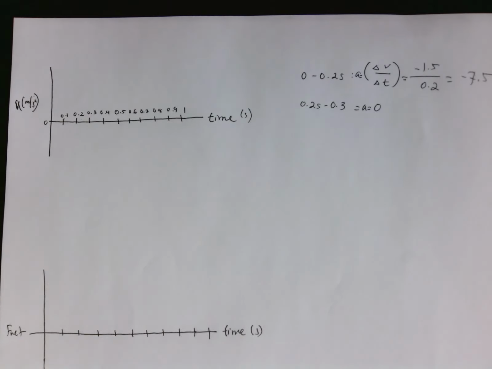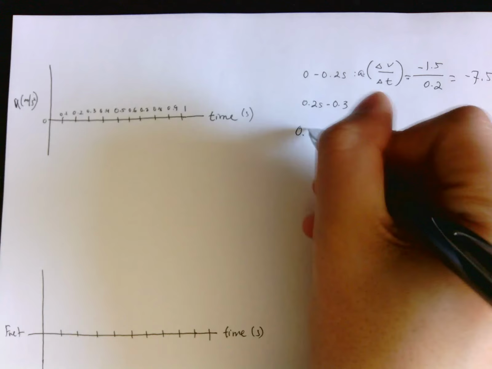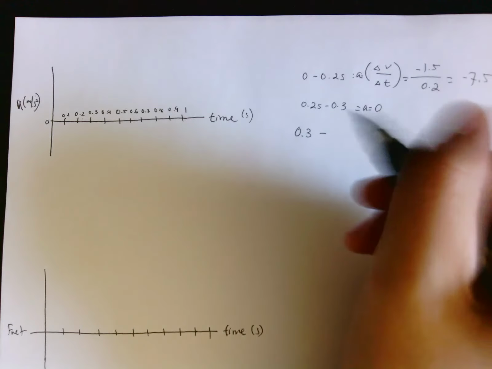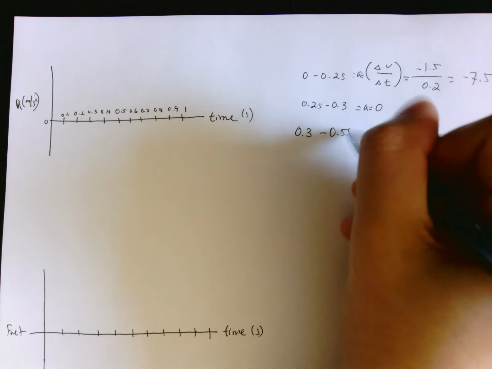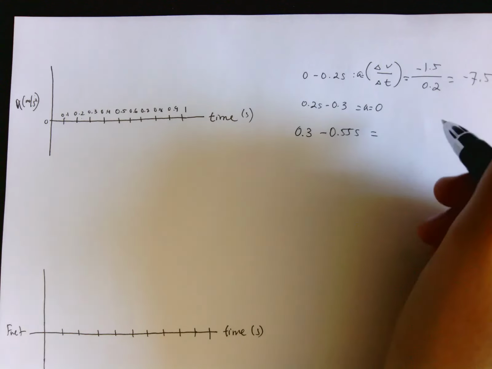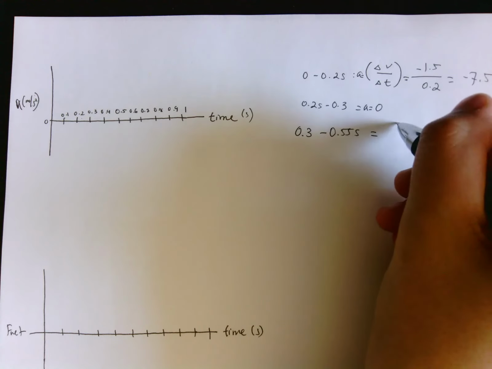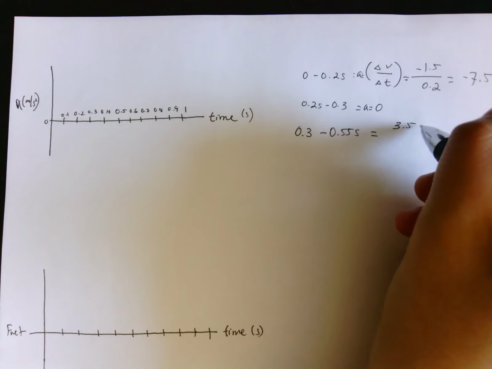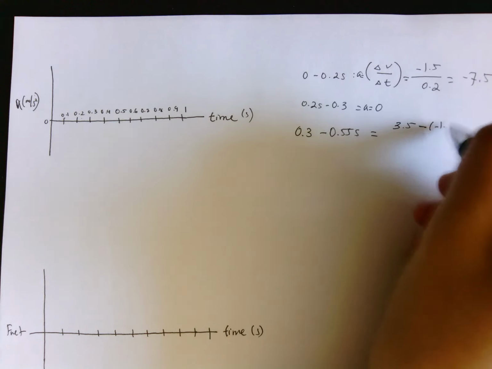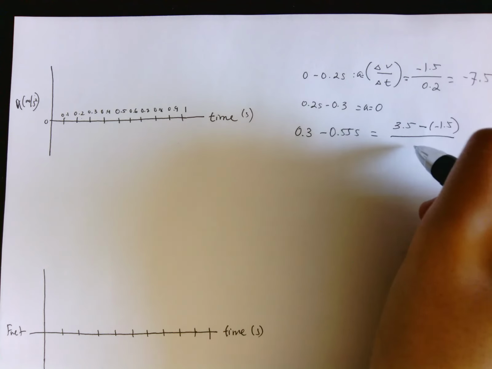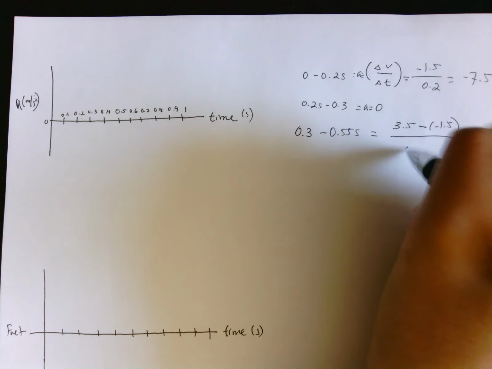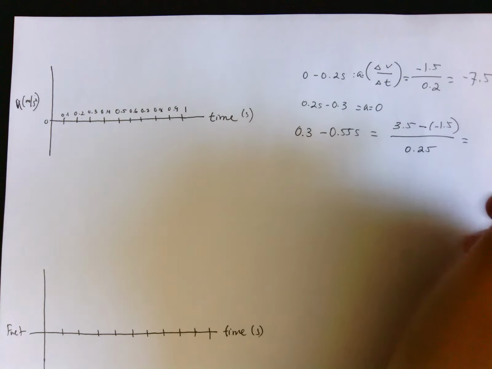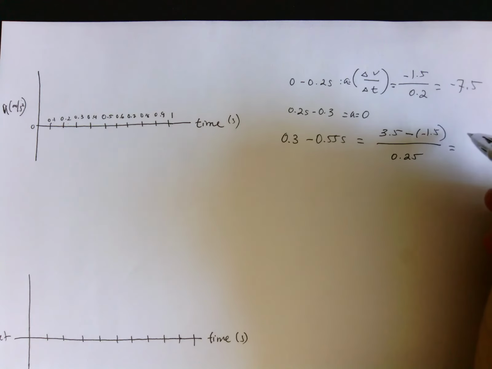Then the next period we look at is approximately from 0.3 seconds to 0.55 seconds, and the velocity goes from negative 1.5 to 3.5, so delta v is 3.5 minus negative 1.5, and delta t is 0.25. So this is equal to 5 over 0.25, which is equal to 20